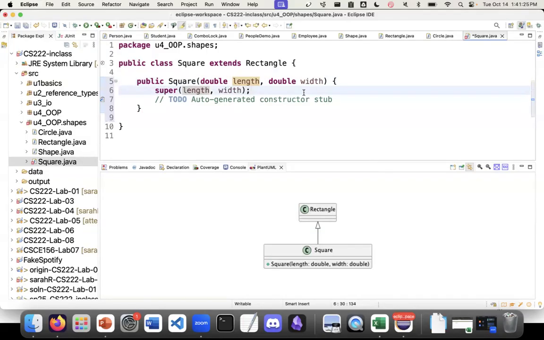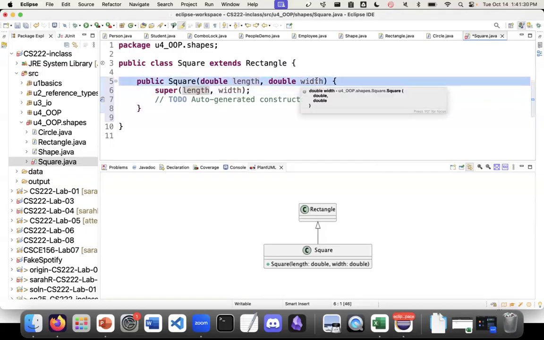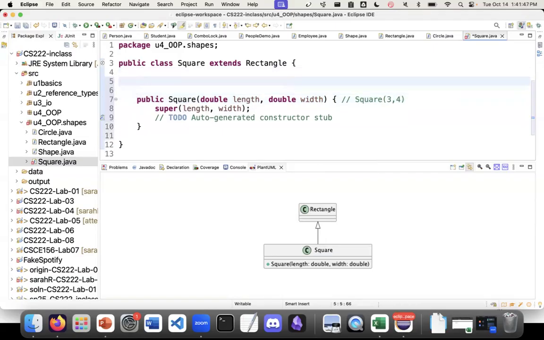Okay, one problem could be that theoretically we could be given a square of 3 and 4, and we don't want that to happen because then that's not a square. Because we really only need one parameter to define a square. Like we need one number of how long the sides are. And so my idea to get around this